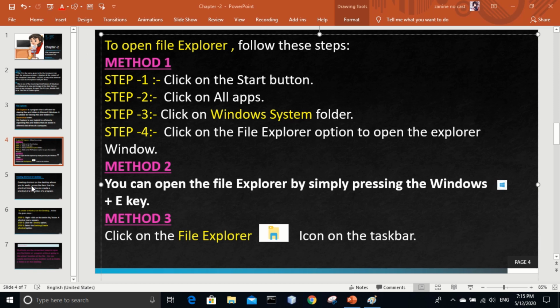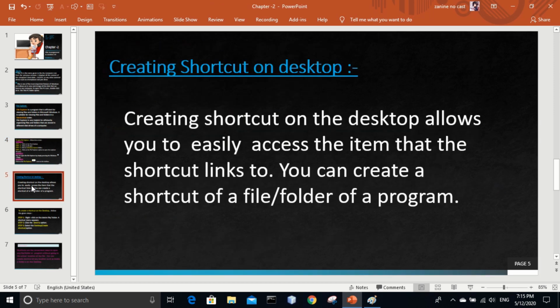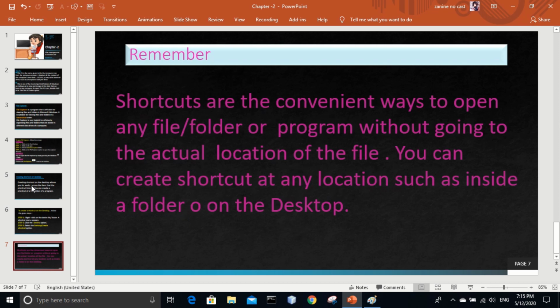So after File Explorer we are going to learn how we can create a shortcut on the desktop. Before that, let me explain what is meant by shortcut.